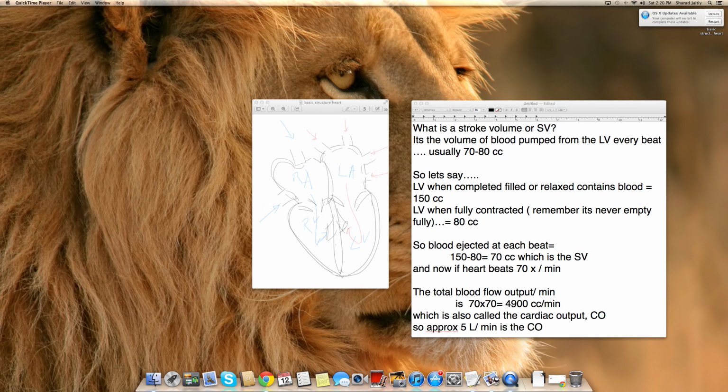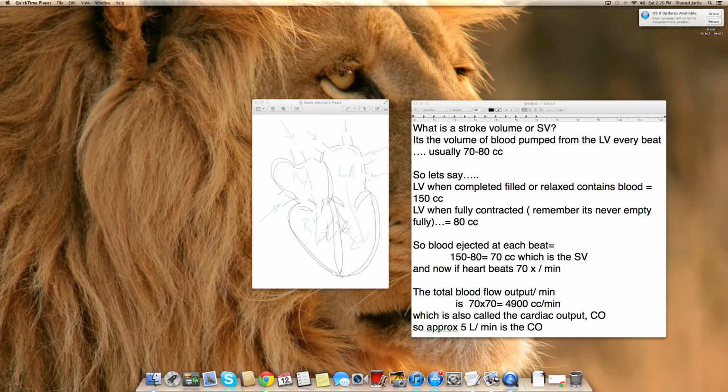In this section, pertinently, I'll be talking about how much is the volume of blood, or the amount of blood, that's ejected out of this left ventricle, the booster chamber, every beat. We know the heart beats about 60 to 70 times a minute. That we know. But we also know that there is a certain amount of volume that the left ventricle contains